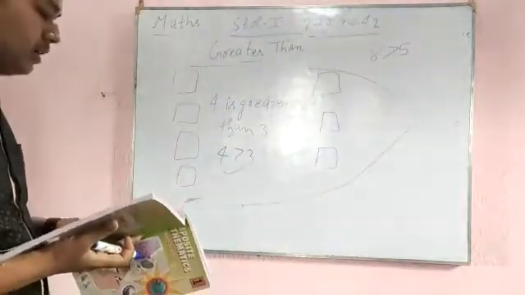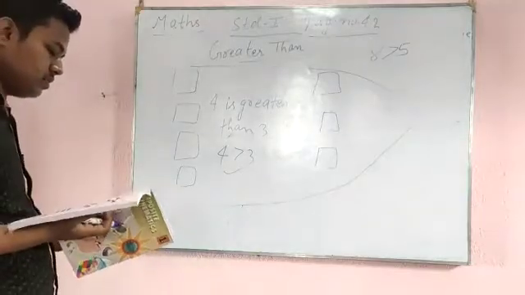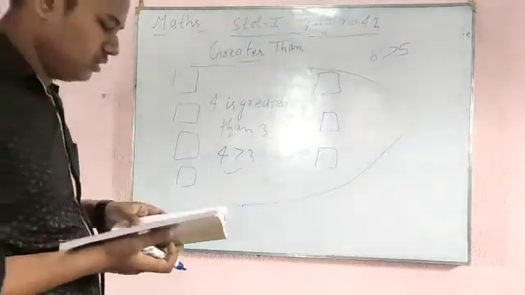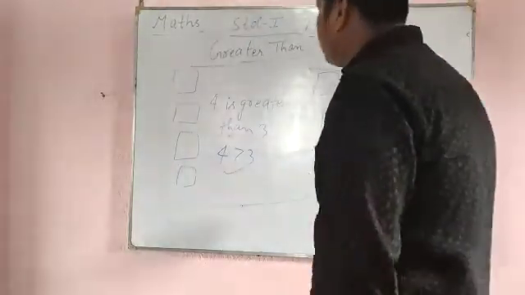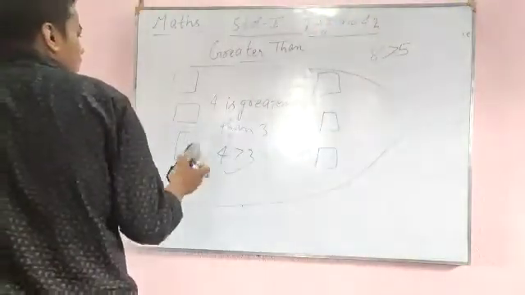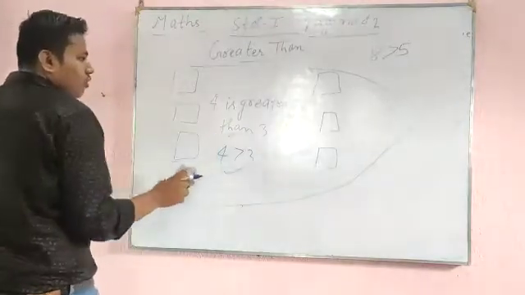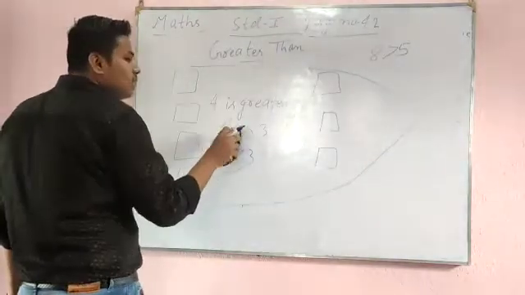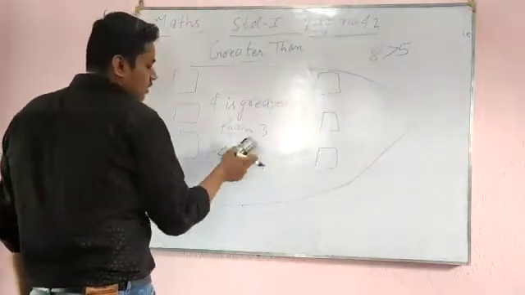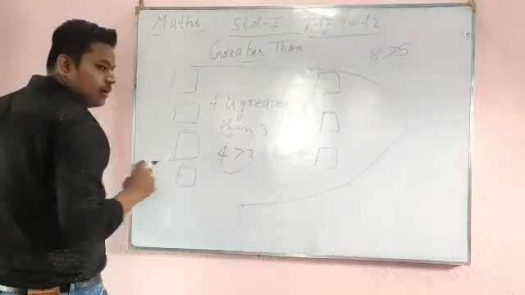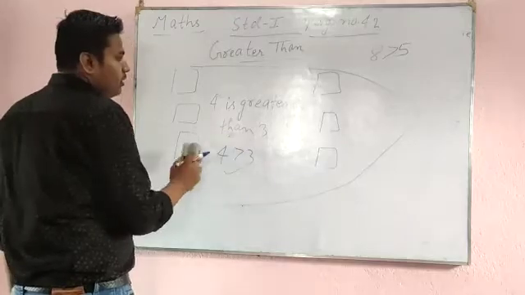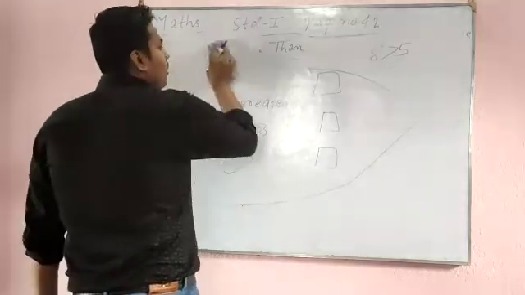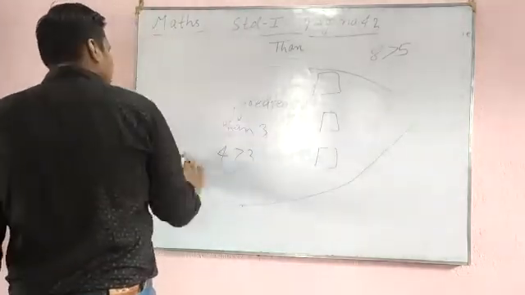Now the next topic is lesser than. So just come to lesser than. This one understood? 1, 2, 3, 4. So 4 is greater than 3. This is the sign of greater than, because 4 is greater, that's why it is the sign of greater than 3. Now we will read about lesser than.